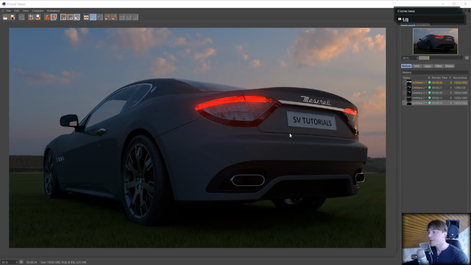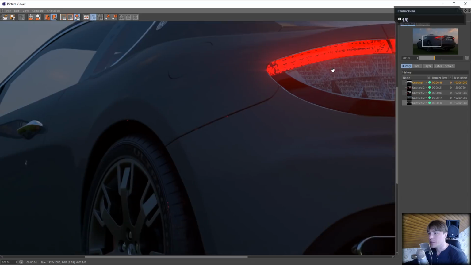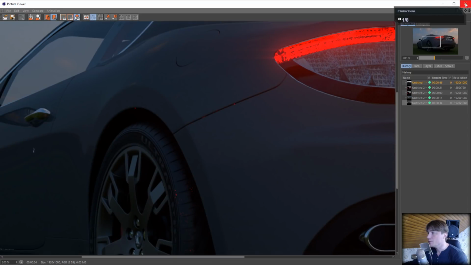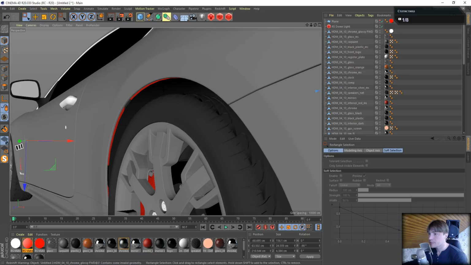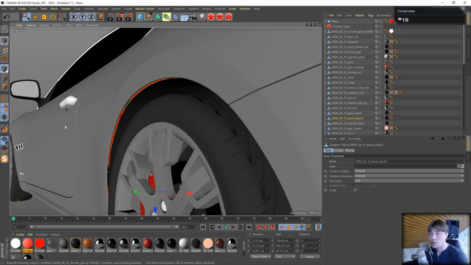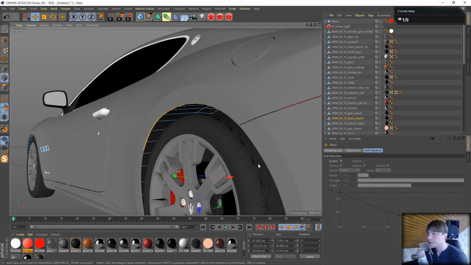Okay, we get it. So you see, here I have some lights, here I have some lights, and how do we fix these problems? First of all, I select this and go for point selection, no, for line selection. Just take it and move it a little bit here, something like this. So additionally,